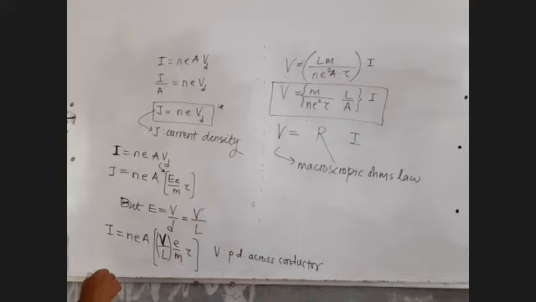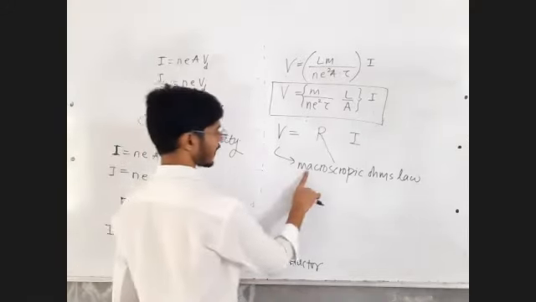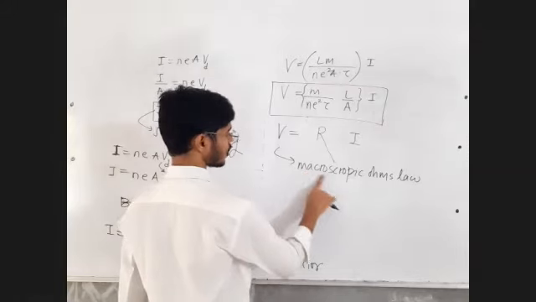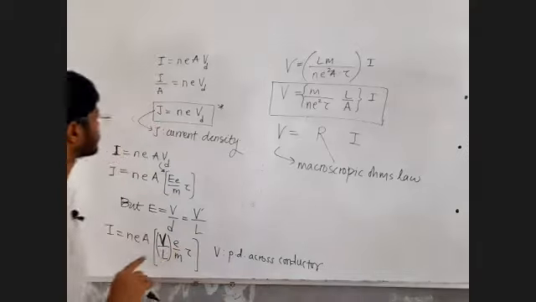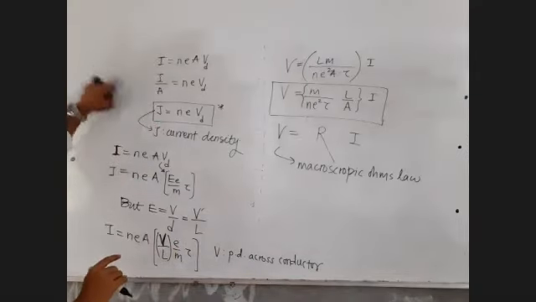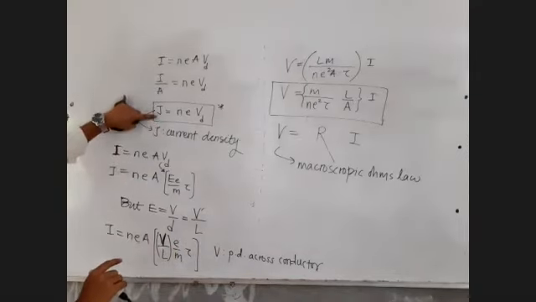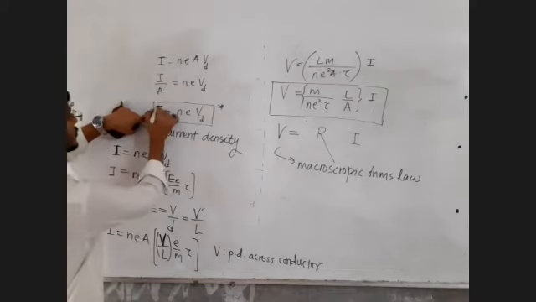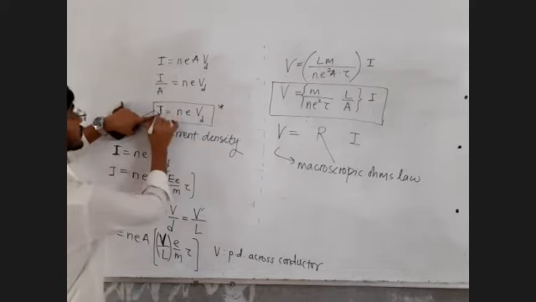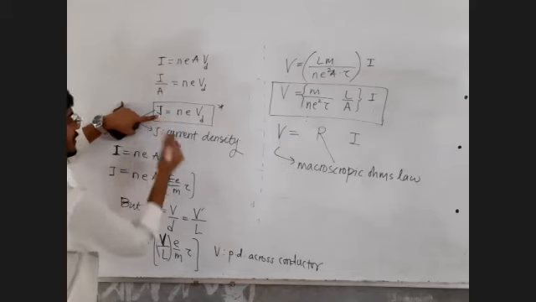Okay, just keep on observing. Macro, not micro. We have still not found the microscopic. Okay, we will find that. And for that, you can directly say that this is the microscopic Ohm's law, no problem. You can say that. Here there is no problem, because this concept of current density is applicable at a given point.